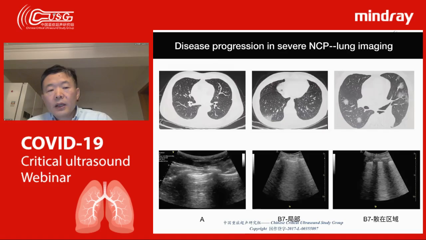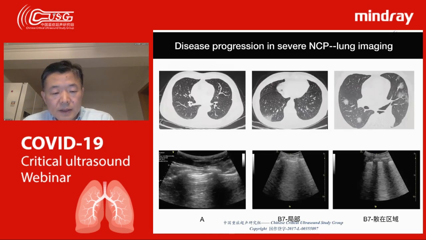So you just put this together, we integrate it together, we can see something deeply from CT scan or the other imaging tools, to give us some help. But if you use this, and based on this kind of information, you use your ultrasound more frequently and closer to your patients, the monitoring is much better to help your patients.